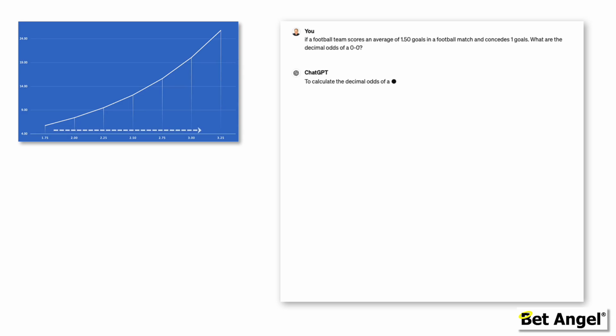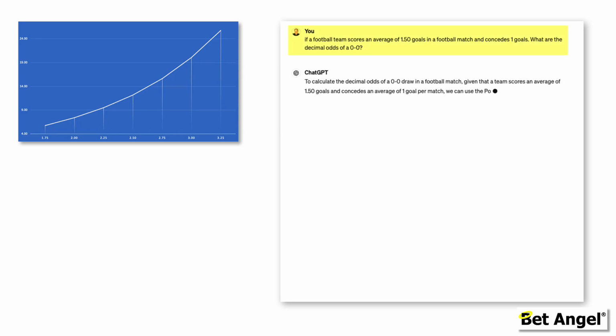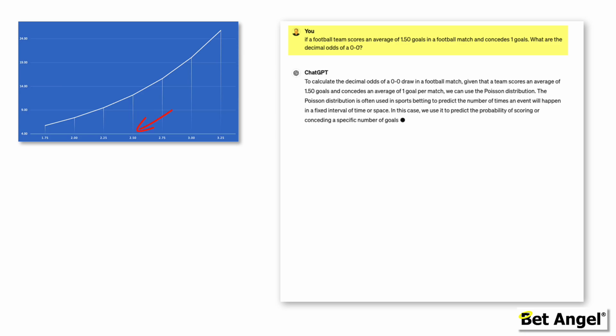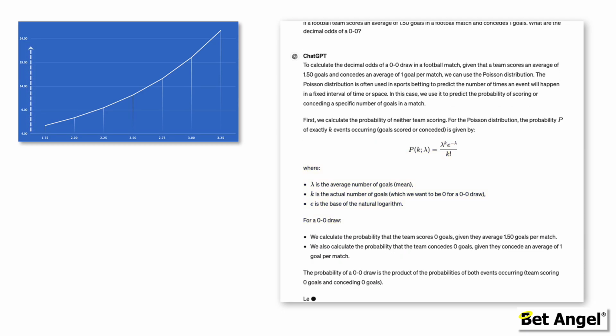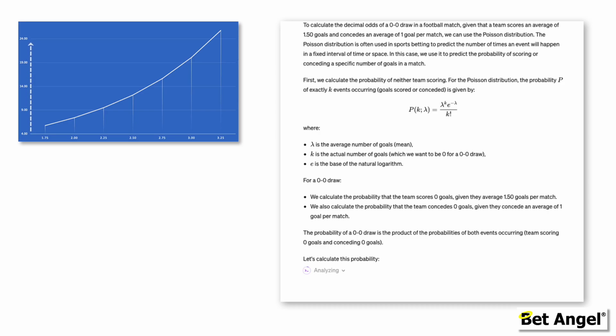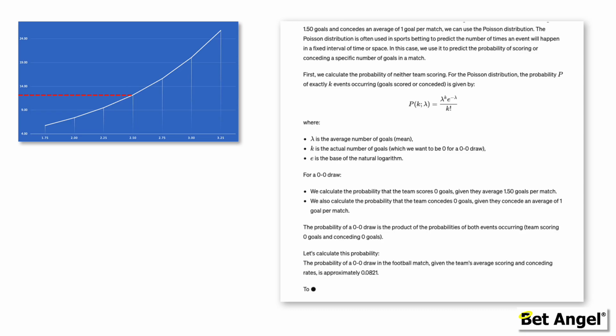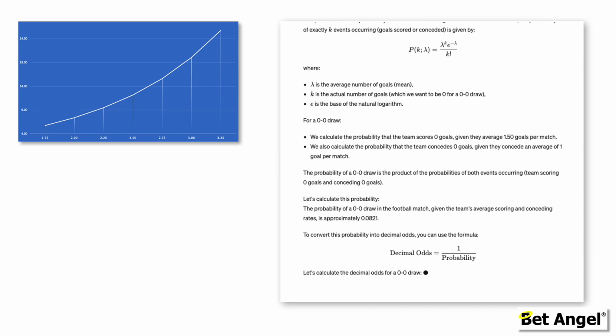So the next question I decided to ask it was another football question. I've actually covered how to come up with the answer in a specific video that is available on YouTube. So, I asked ChatGPT in a very specific manner to come up with a solution to this problem. By doing it this way, it will actually give you a mathematical solution to your question, which is quite neat. However, I'm an expert in this area and I can tell you that the solution it has come up with is slightly incorrect. If you use this in a betting market, you'd almost certainly lose money because it will give you the wrong odds.